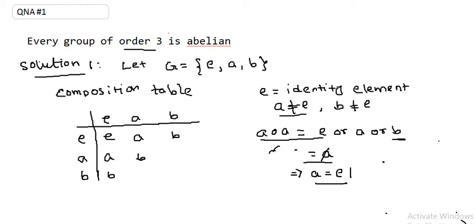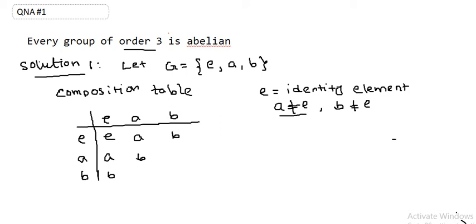So next, talk about the value of A compose B. Sorry, I have to erase this part also. Okay, A compose B, because G is a group, A compose B has 3 possibilities. Again, either it is E, or it is A, or it is B. These are the 3 possibilities for the value of A compose B.